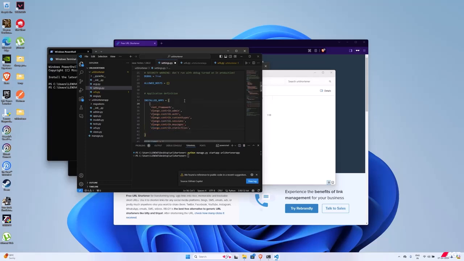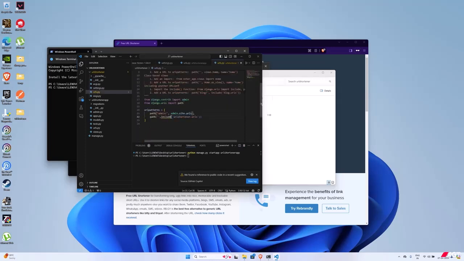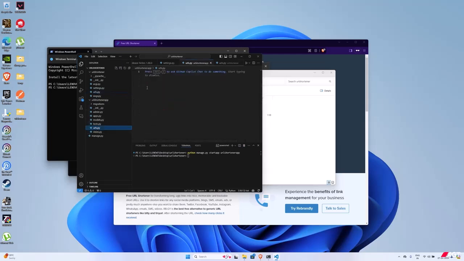I would like to put this at the beginning, and now I have to import this function include, and in the urls.py I will be copying the same and pasting it into the app level urls.py. Here I will be deleting the unnecessary code, and I will be creating a path to shorten the URL. So let's say the endpoint is create, and here I will be declaring a function create short URL,